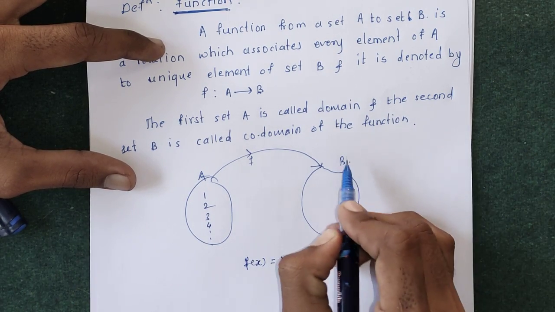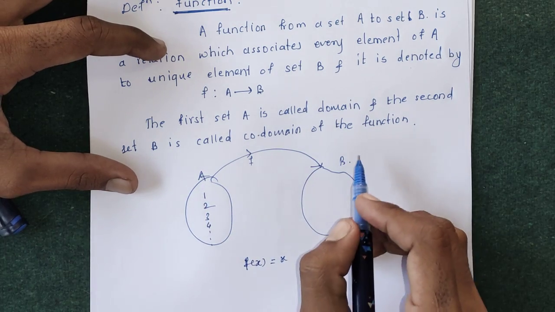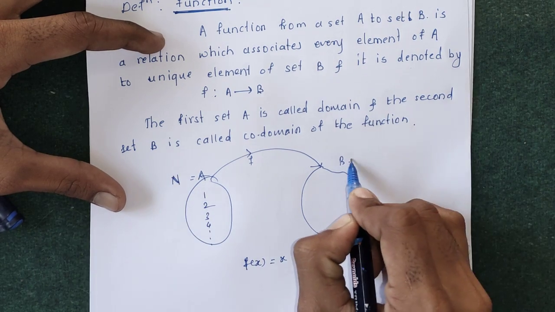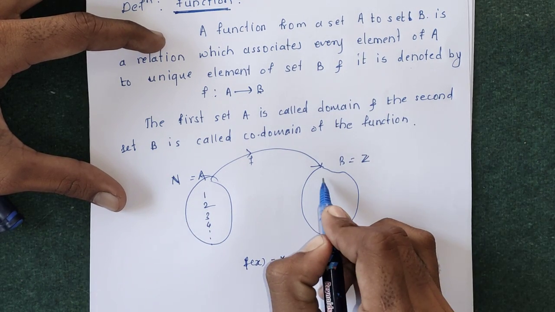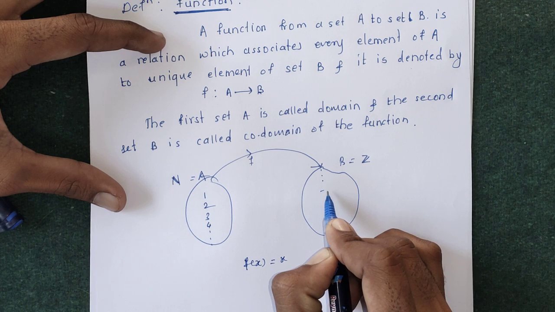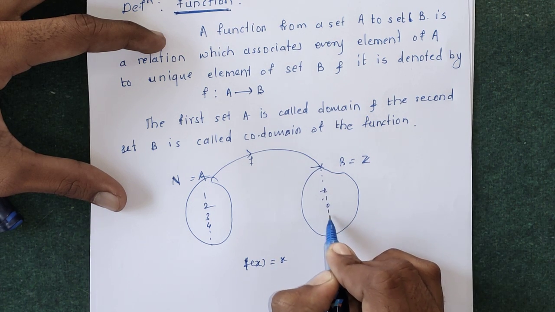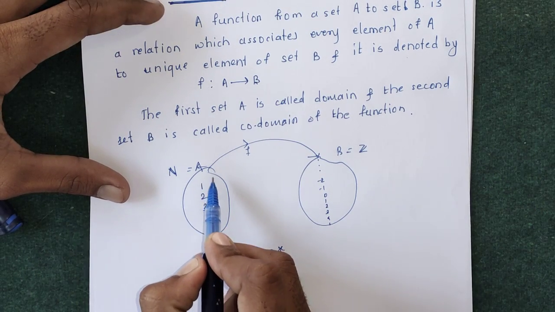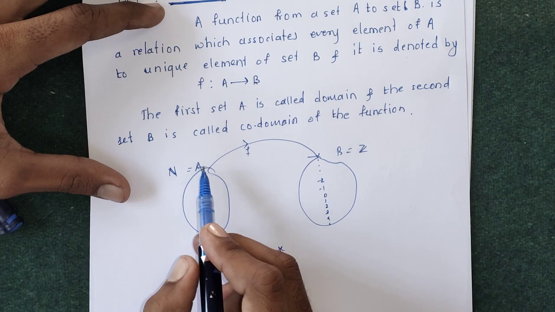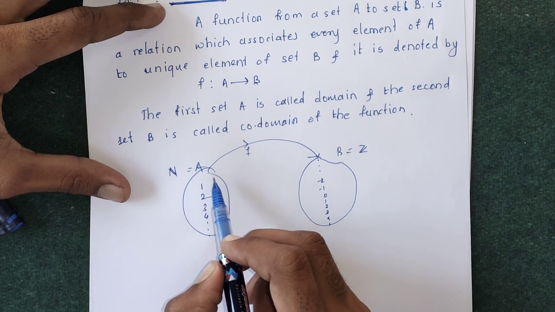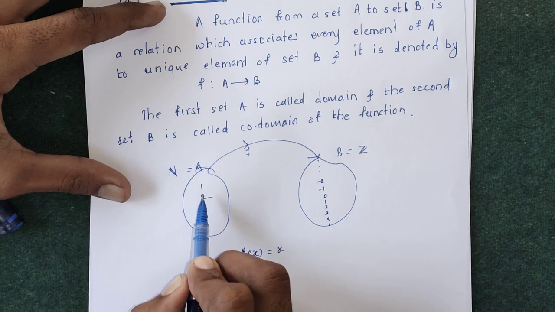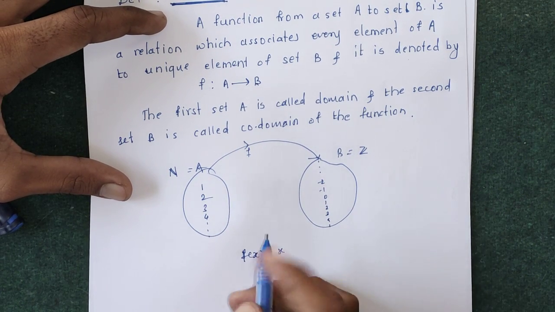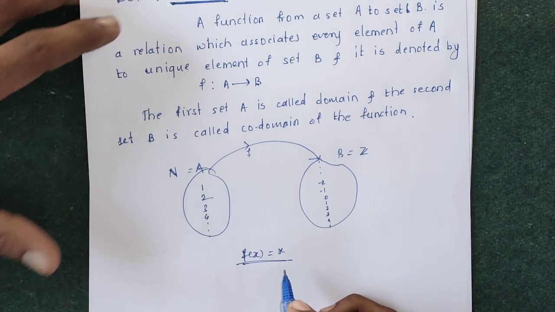Then suppose A is the set of natural numbers and B is the set of integers. These are the numbers minus 2, minus 1, 0, 1, 2, 3, 4 and so on. So f of x is equal to x. So the function is applied on the elements of domain. Function means a relation from domain to codomain which associates every element of domain to a unique element in codomain. So if you take the function f of x equal to x,